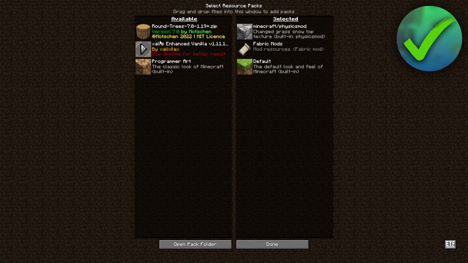Now, I actually already had some installed. Basically, what you want to do is click on open pack folder. Now, this will open up this folder over here. This is over here, appdata roaming .minecraft resource packs. And here you can actually drag in texture packs. So let's say we're to delete these right now, go back, and then you can see that they're gone. And if I now drag them back in here again,